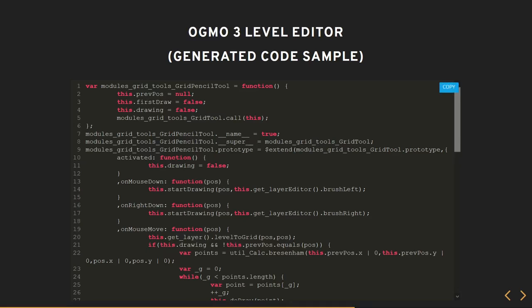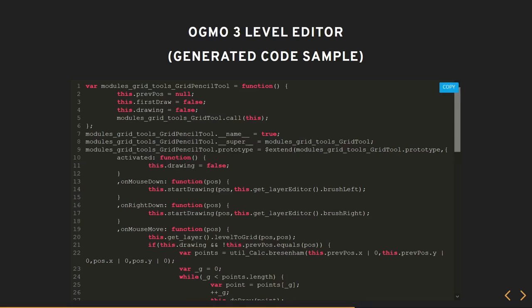So here we have our variable, which is the package stuff and the class name. Next, what do we have? This is the prototype. This is old JavaScript class syntax. So here you see this is our activated function, and this is literally the exact same line that we had before.